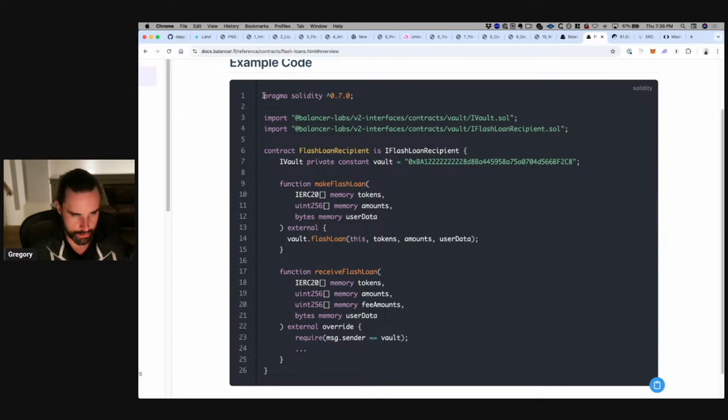With every smart contract, what you do first is declare the Solidity programming language version at the top. Okay, they're using version 0.7.0. We're using a slightly higher version. You'll see that in a minute. But then all you have to do is import the Balancer flash loan contracts into your smart contract file. So these are just the libraries that they use to create flash loans. Okay, we're just importing them right here. That's what these lines do.